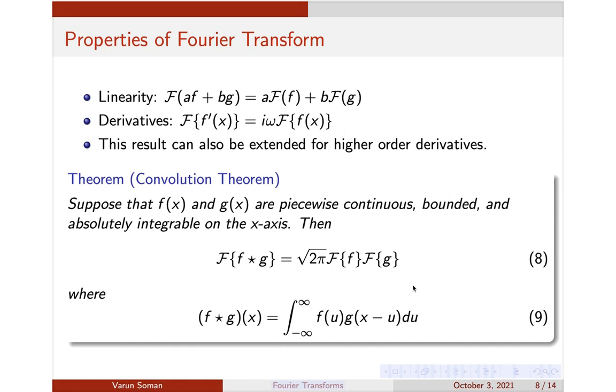Now let us do one problem based on this convolution theorem. Please go through this theorem once again. The Fourier transform of the convolution of functions is basically the product of the transforms into root 2 pi. The problems which can come from this section are, one, they can ask you to find the Fourier transform of some functions, and also they can give you one problem based on convolution. This is the maximum type of problems which can come from this section. So let's do one problem here.